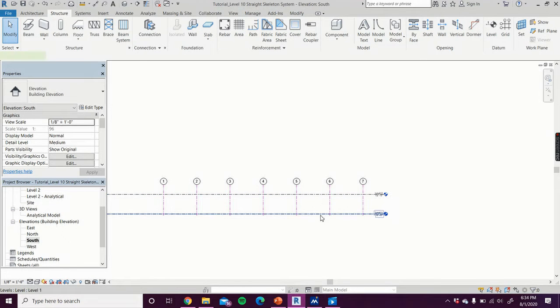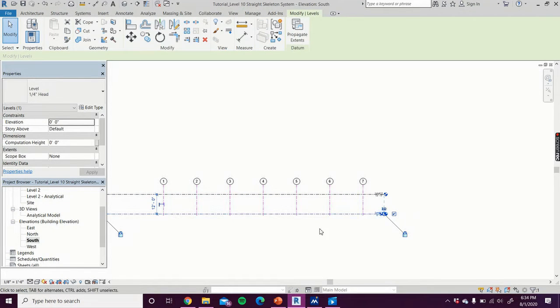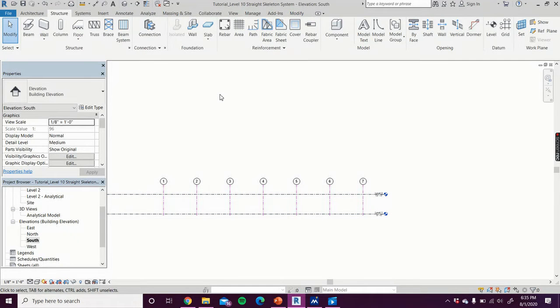So we just start by clicking the first floor, then you're going to press and hold Control, click the second floor. All that does is let you click multiple things at once. So next, after that, you're going to go to Modify. Wait, actually I'm going to do this a different way. So instead I'm going to